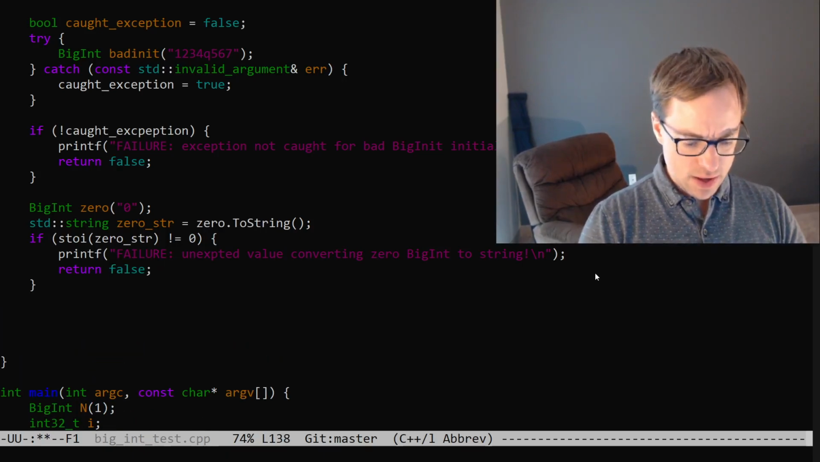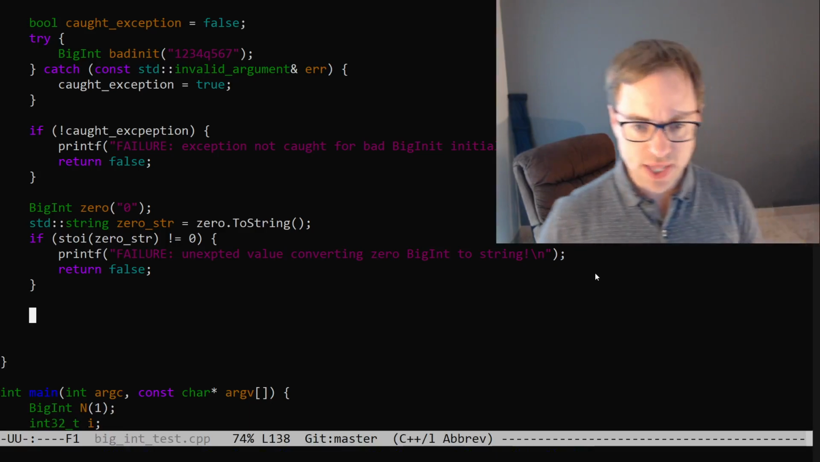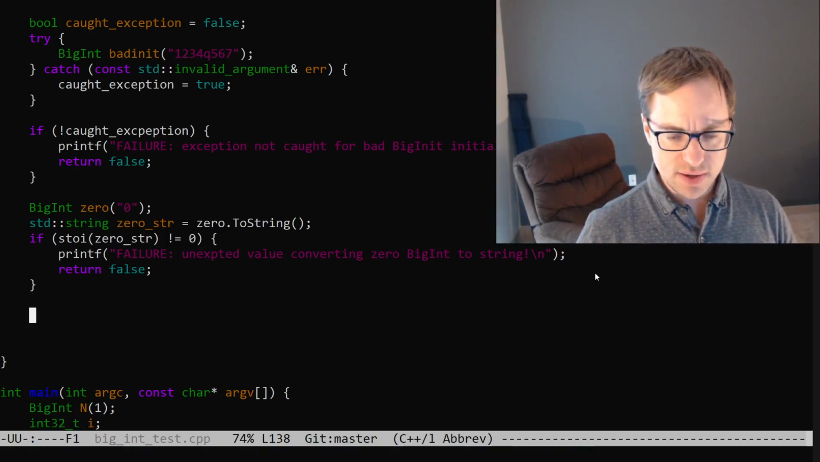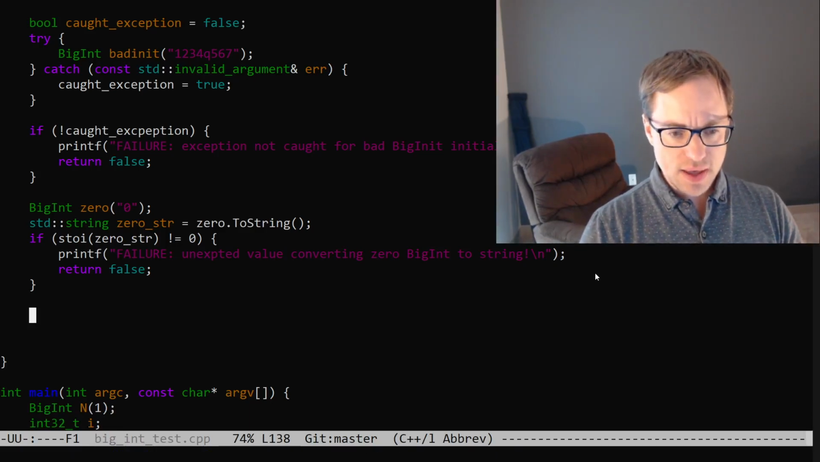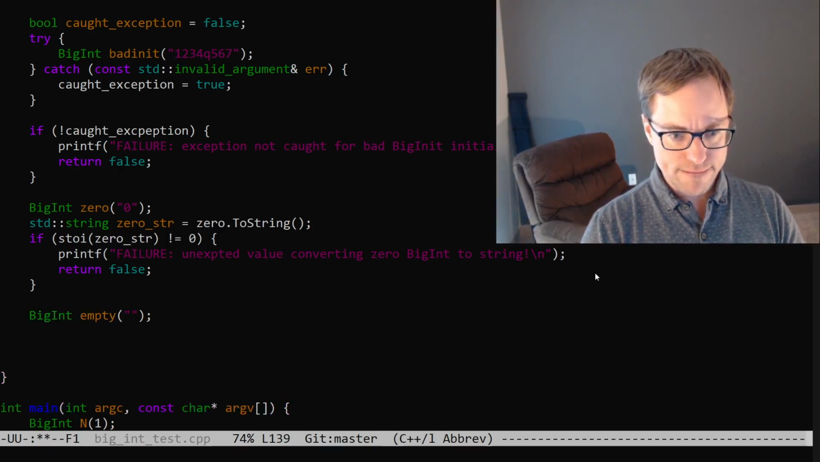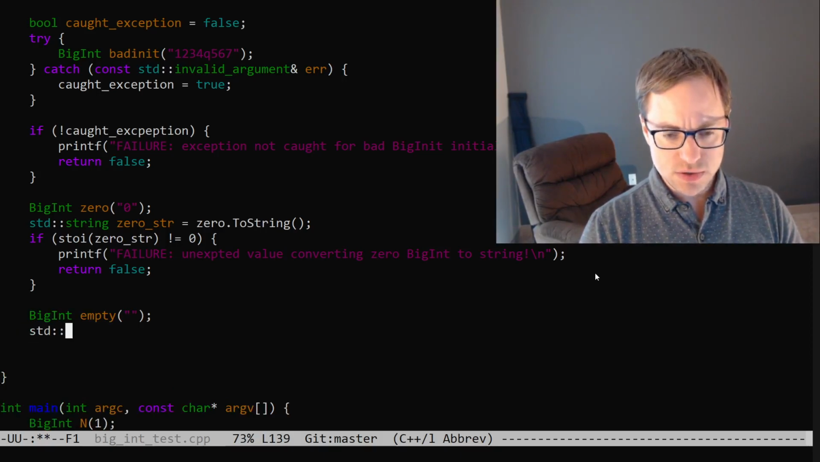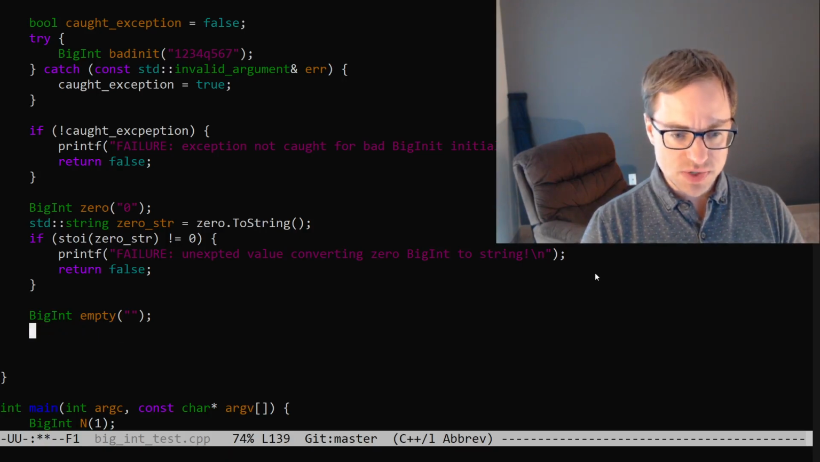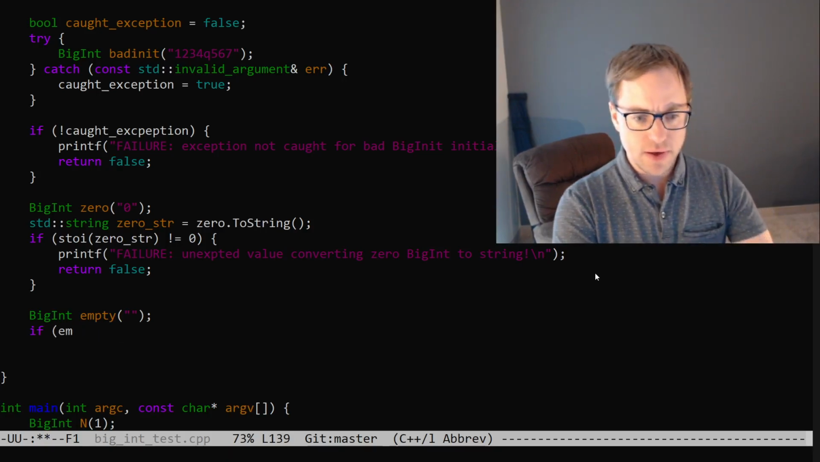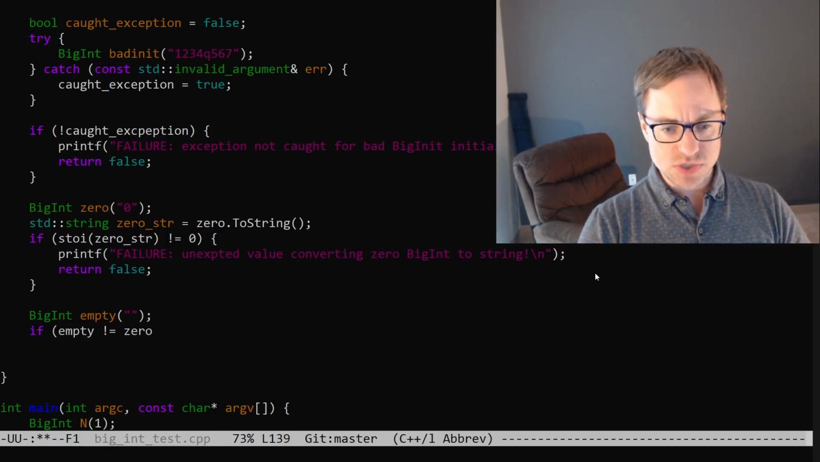Okay. And then there is just one last case that I would like to look at, and that's if we initialize a big integer with an empty string. So we'll say empty, and we'll say std string. Actually, no, we can just say this. We can just say this. If empty is not equal to 0,